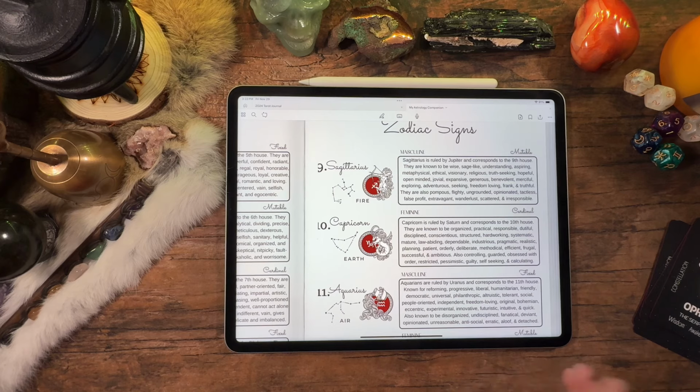And Scorpio and Ophiuchus share the same area of the sky, so they share the same house, which is the 8th house. So it is like a transformation. And there's some that say, and I probably tend to agree with this also, that Ophiuchus is ruled by Chiron. Chiron being the wounded healer,